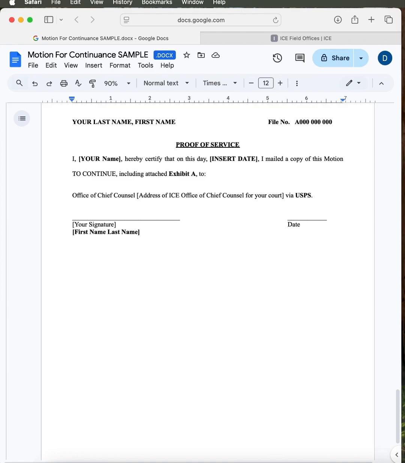and date it. You'll also want to send a second copy of the motion to the court, along with a self-addressed envelope. This is your file stamp copy. If the court accepts your motion, they'll return this extra copy with a stamp showing the filing date, which serves as your proof of the filing.